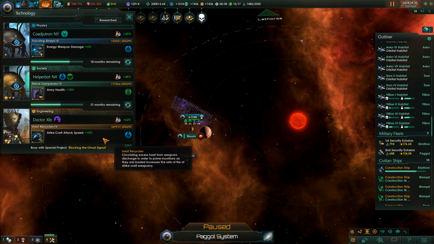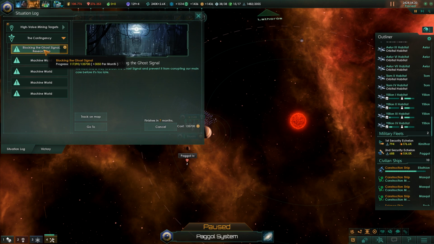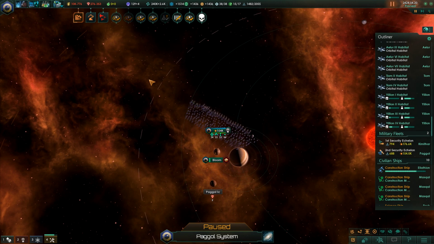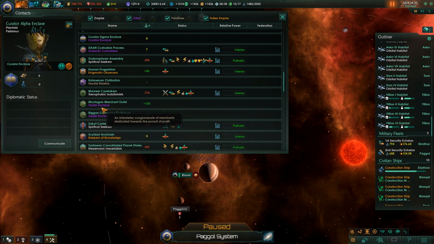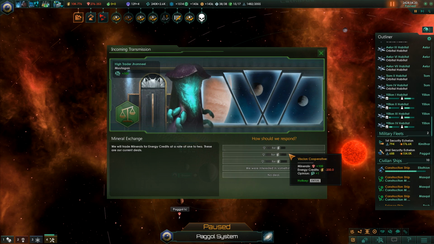Dr. Jeeb to be working on blocking the ghost signal, which is, of course, 7 months out from being done. As soon as that's done, our income problems should go away a little bit. Speaking of our income problems, though, another thing I need to do right now is ensure in 10 days that we don't hit 0 minerals, because that will profoundly affect our...